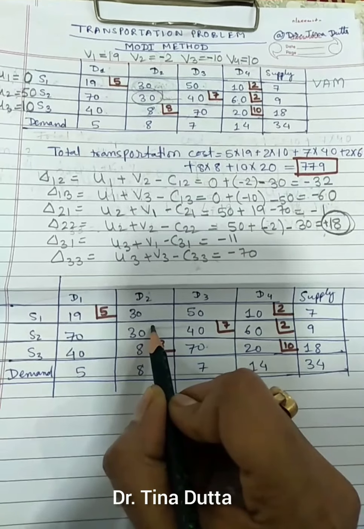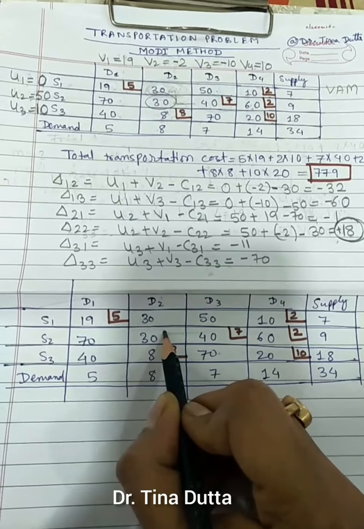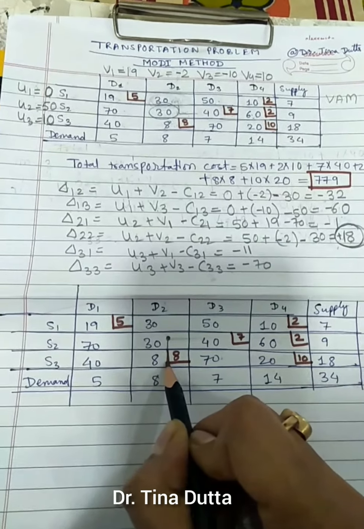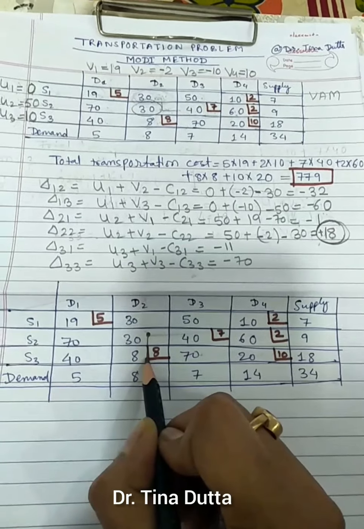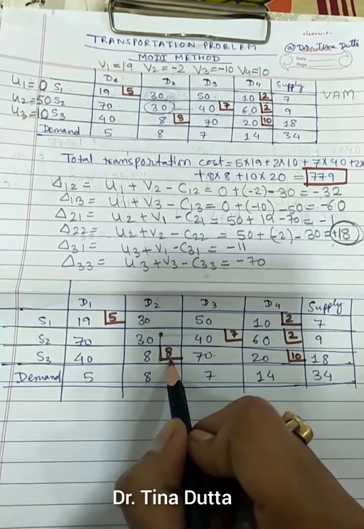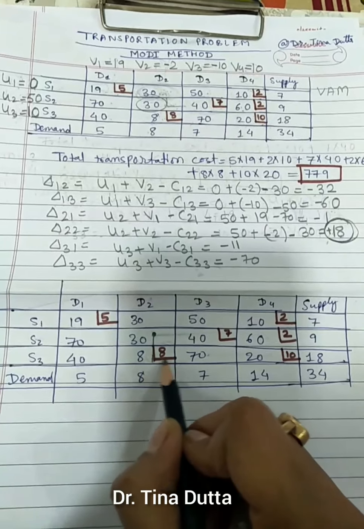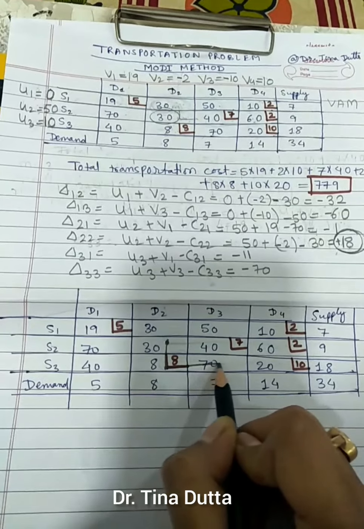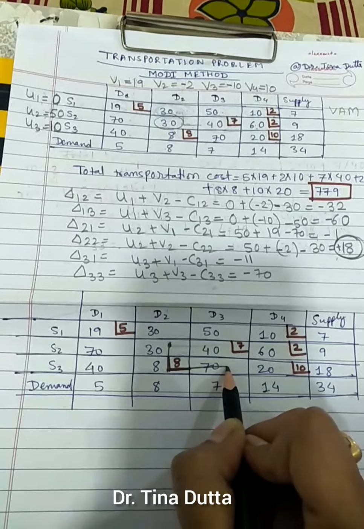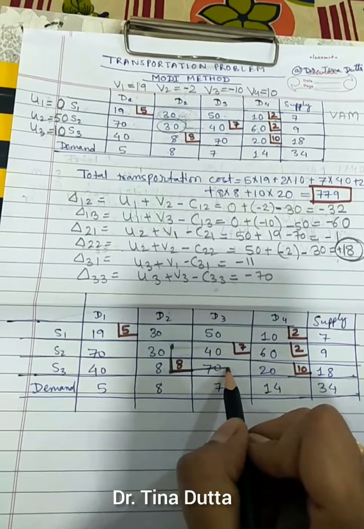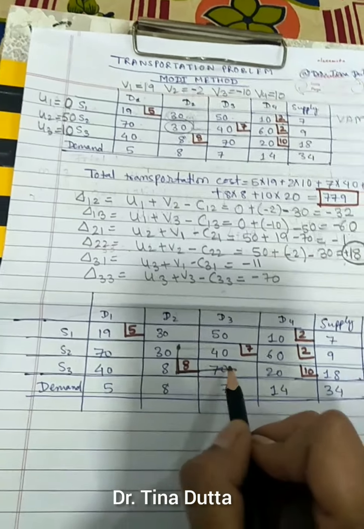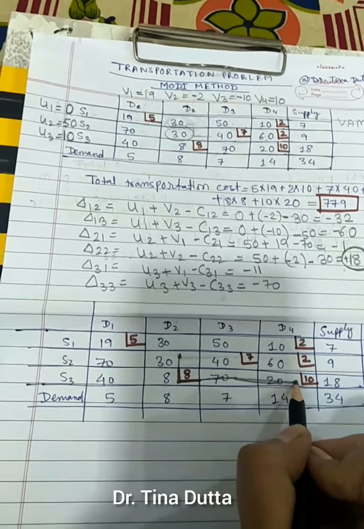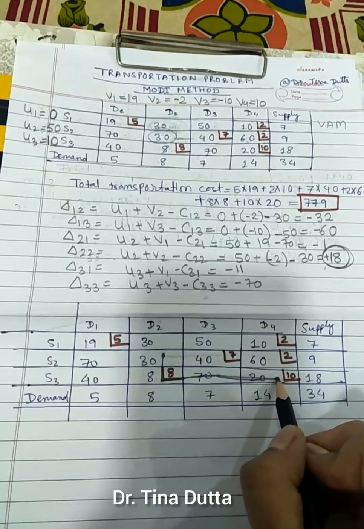Once you draw the loop, it should start from here. It can go downward or upward. The rule is it can go to any cell but it can make a turn from an occupied cell only. So here goods are allocated, right? 8 goods are allocated, so I can make a turn from here. I will go to this cell. I cannot make a turn here because this cell is not occupied, so I cannot make a closed loop like this. So I will go further, so I will go here. So a horizontal line. Now here goods are allotted, so I can make a turn here.